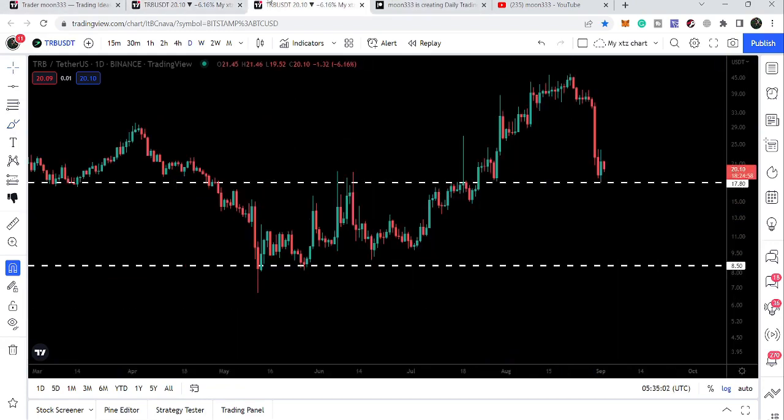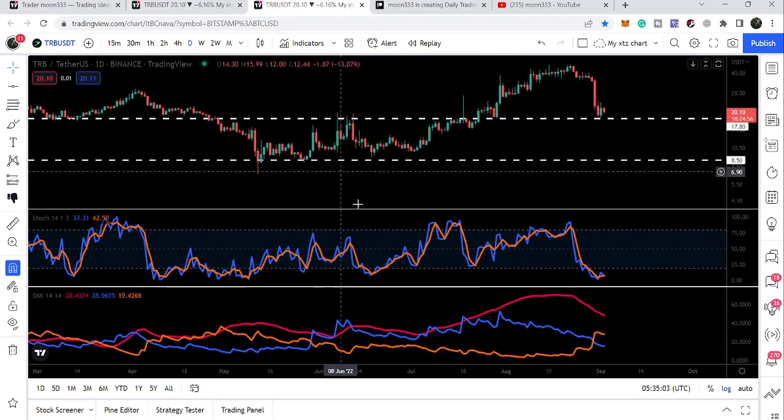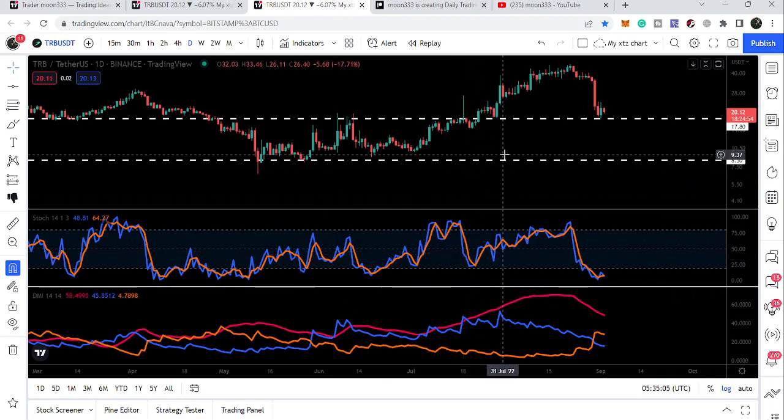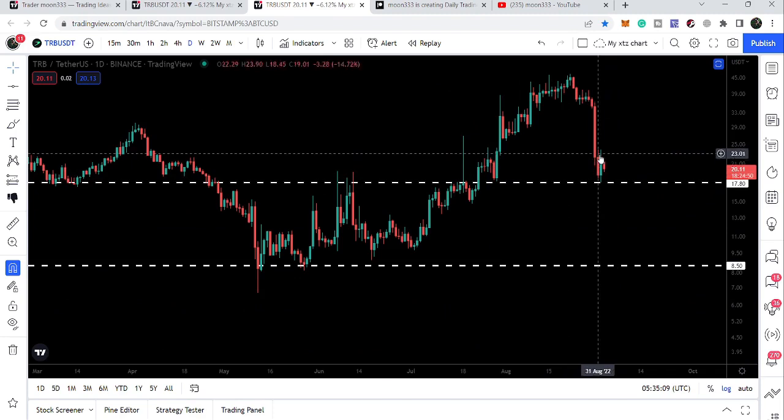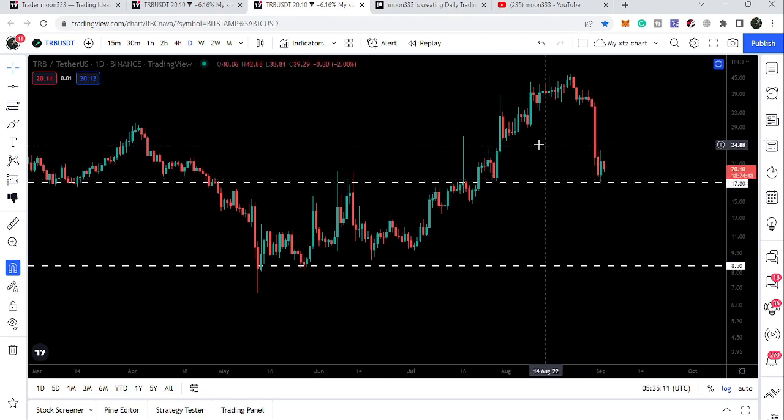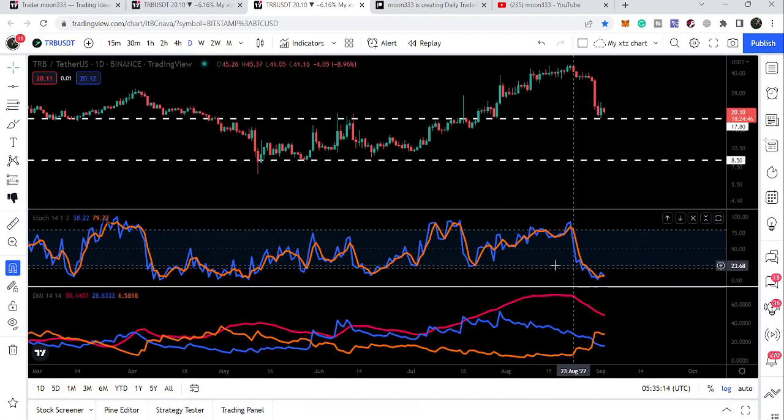Now, if we take a look at the daily time frame chart, here we had been watching a hidden bullish divergence because the price line was not able to form a lower low than the previous low. But now the price line has formed a lower low than the previous low, and stochastic was already forming a lower low. Therefore, there is no hidden bullish divergence on this chart.